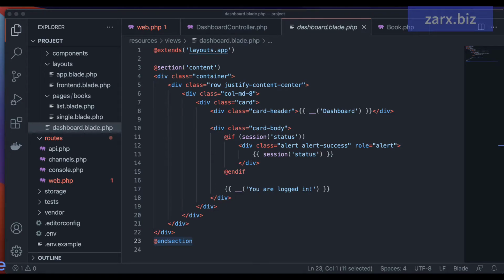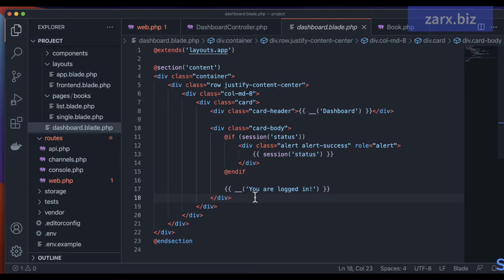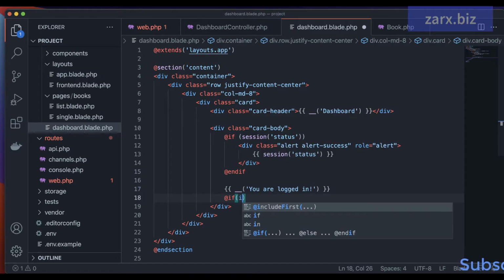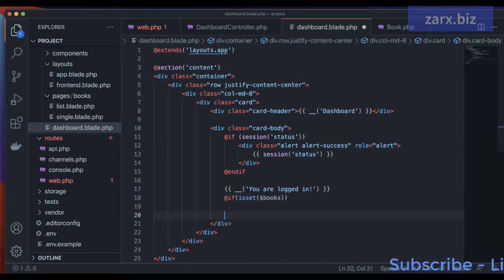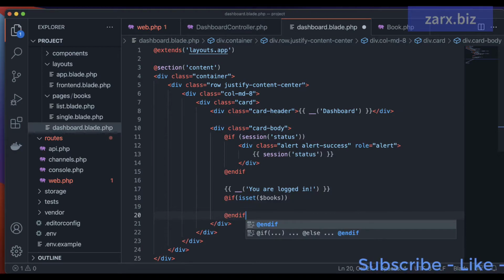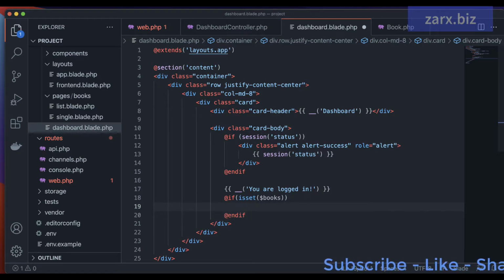Now here we need to display the content, so let's do that. So here in the card body, we are gonna say @if isset($books). Alright, if we have books data here, and inside the if statement we get a foreach. So here we say,